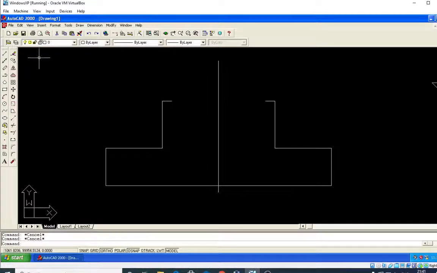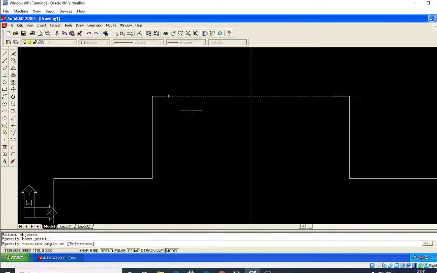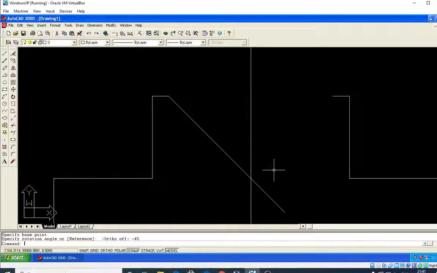Okay, I will draw one line here. Okay, I have drawn one line. I am rotating it at an angle of 45 degree. Take the ro command, so I have selected this line up to this point. I would like to rotate, so make ortho off, rotate. Okay, in this I have to rotate at an angle of minus 45 degree, correct? So this is a minus 45 degree.